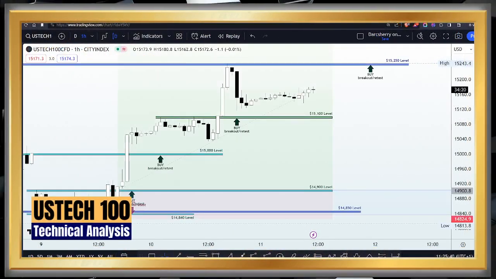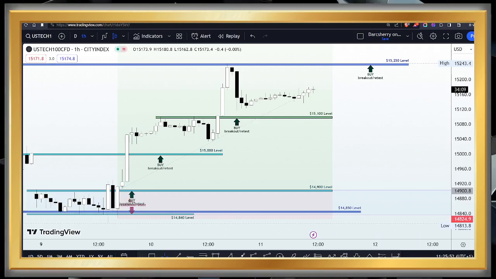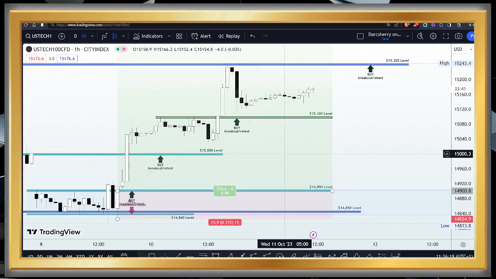So the next asset on our watch list for today is the USTech100, which is popularly known as the Nasdaq. And in fact, in the last 24 hours, we have been doing very well on this asset, as we have been buying since the beginning of the week, and we had the privilege of adding more positions to our existing trade during the New York session yesterday. So for the sake of clarity, I would like us to run through how the week started for us all in this community and what led to the decisions that we made in buying the USTech100.